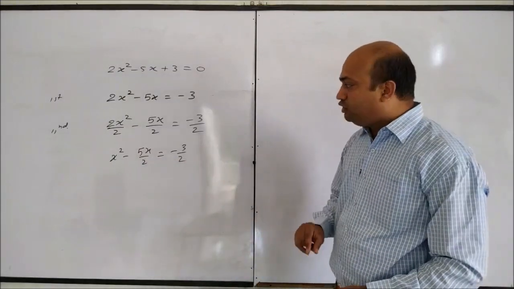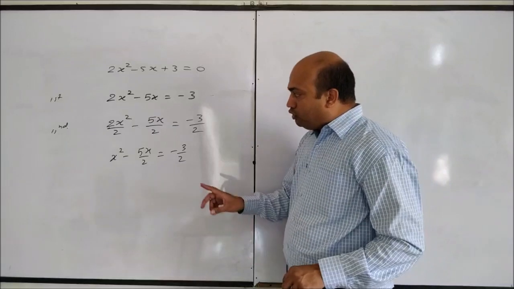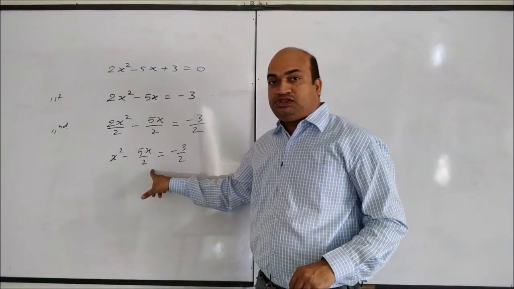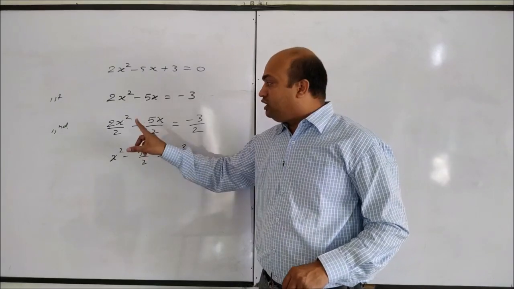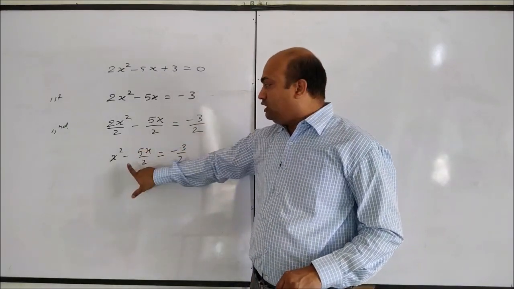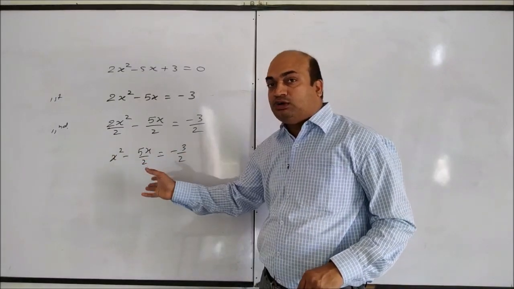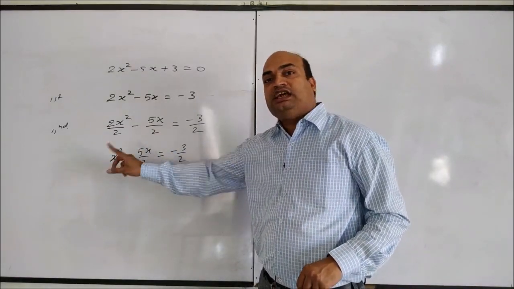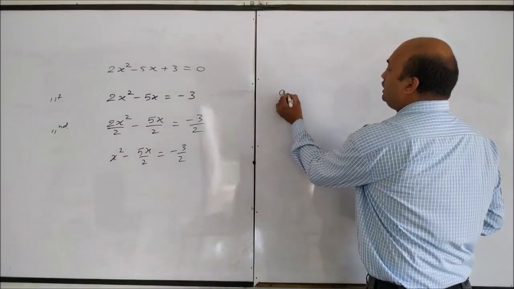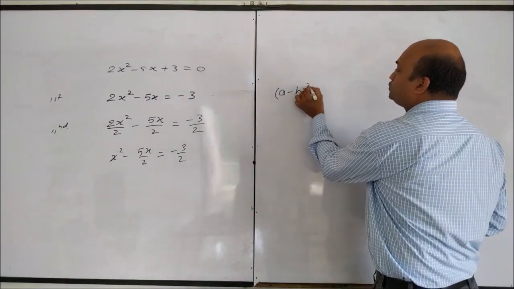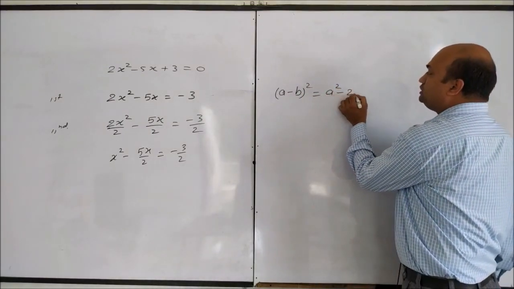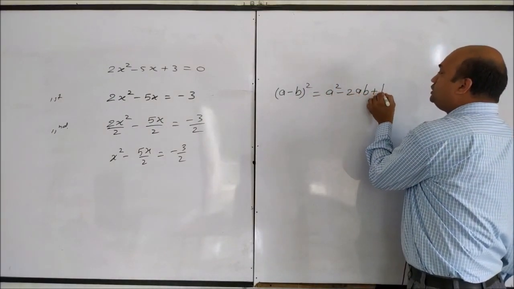We get this. Now, you see, here we will arrange these two terms such that it will become a minus b whole square. If here minus, then a minus b whole square. If we get here plus, then a plus b whole square. You see what is the formula of a minus b whole square? A minus b whole square is a square minus 2ab plus b square.